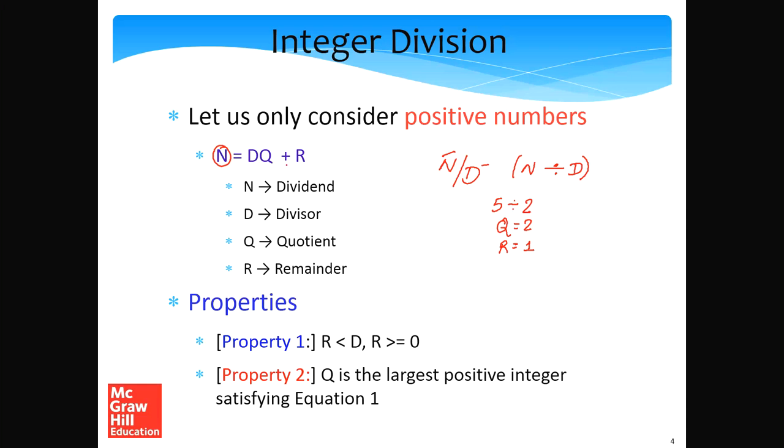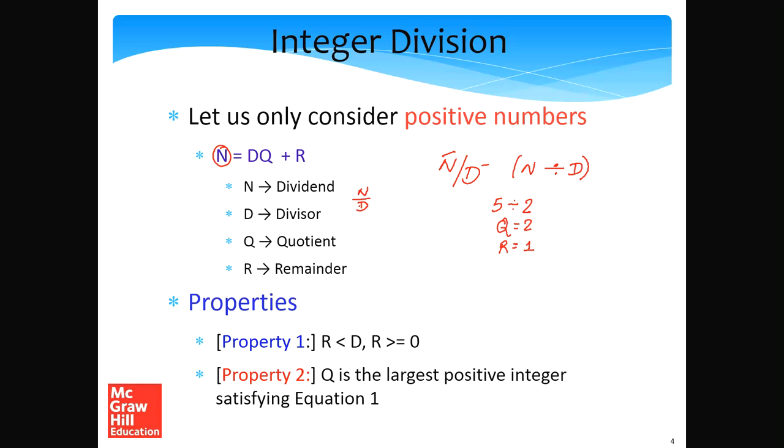n is equal to dq plus r, where n is the dividend and d is the divisor. So we are essentially dividing the dividend by the divisor. We are computing n by d. Then we'll have a quotient, which is the result of the division. For example, if we divide 100 by 20, the quotient is 5. If we divide 101 by 20, also in integer division, the quotient is 5, but in this case the remainder will be 1. So division has two outputs, a quotient and a remainder. Both of them need to be computed.